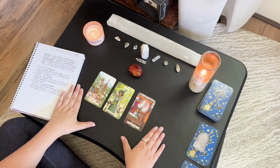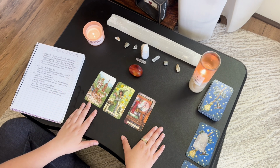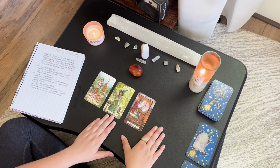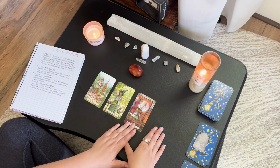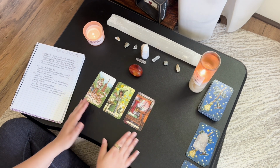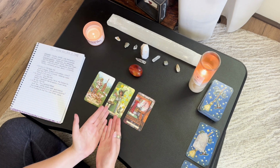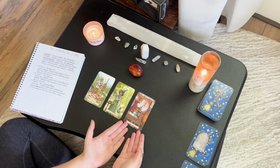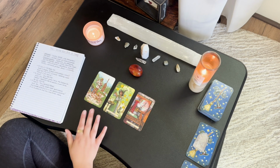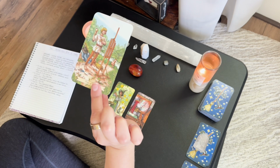Okay, pile number 1, welcome. These are your cards. We have the Page of Cups, the 7 of Pentacles, and the King of Wands. I will show you a close-up of each card as I go through them. You're going to be looking at your full body yes, the clear no, and the liberated maybe. So, Page of Cups, if you look at the card